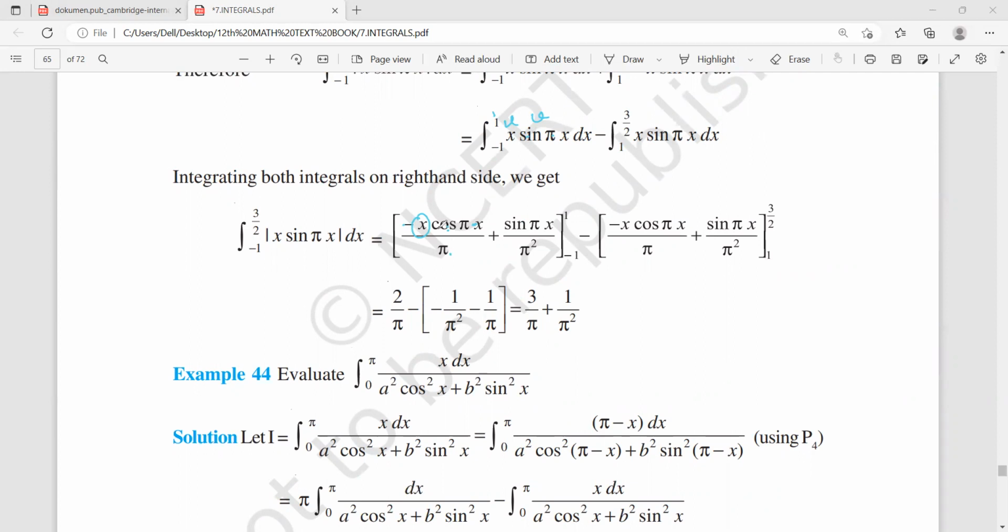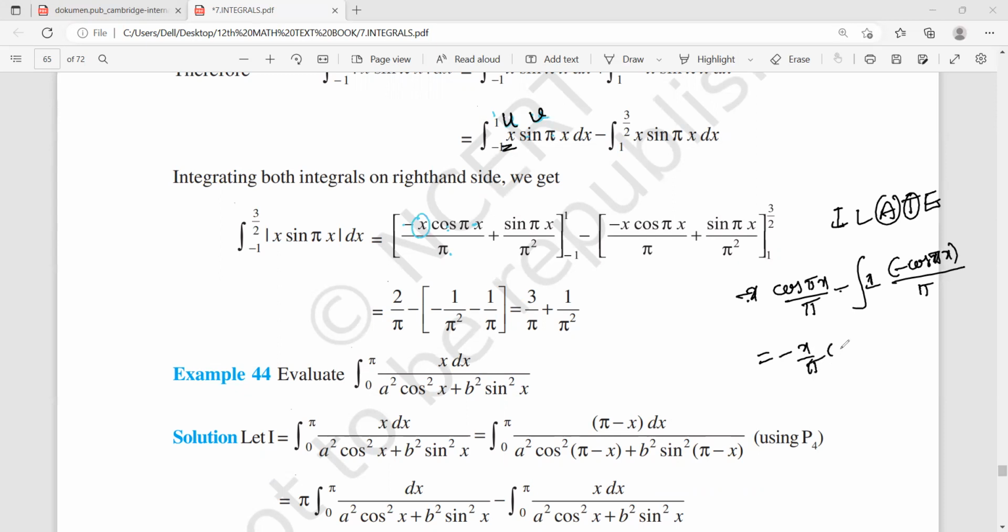It's supposed to be u into integration of v, no? Algebraic, na? Sorry, I was thinking late. Algebraic, trigonometry, na? Algebraic into trigonometry. Minus cos pi x by pi. As integration of x is 1. Again, minus, and then cos pi x by pi, again the minus, whole dx. x by pi cos pi x minus plus